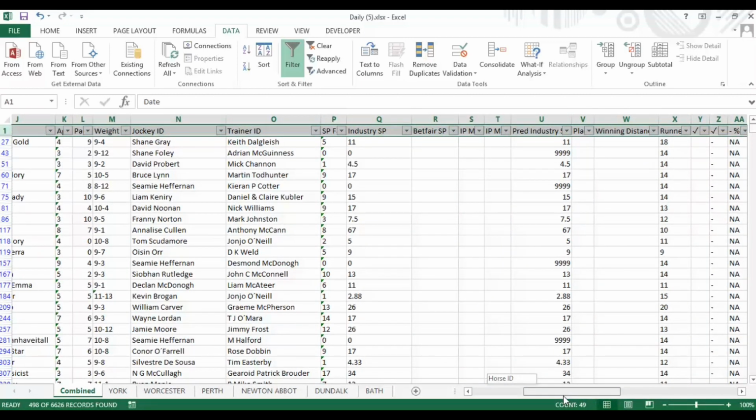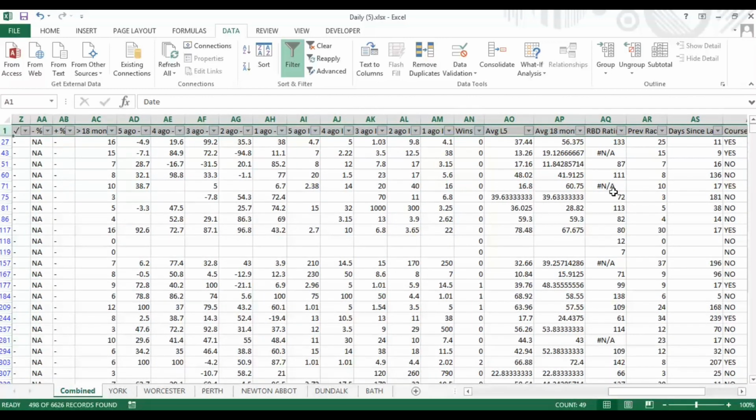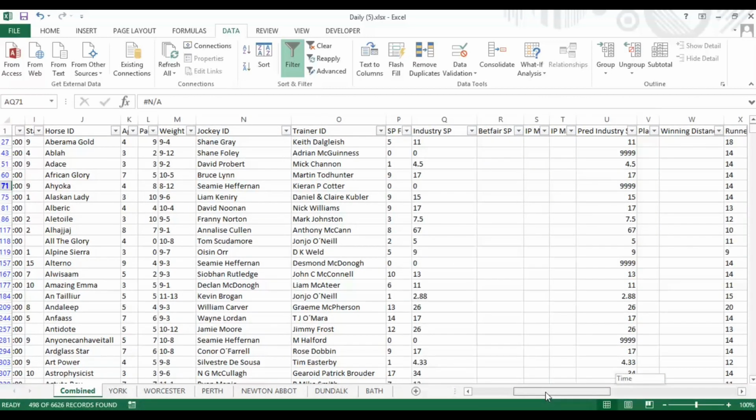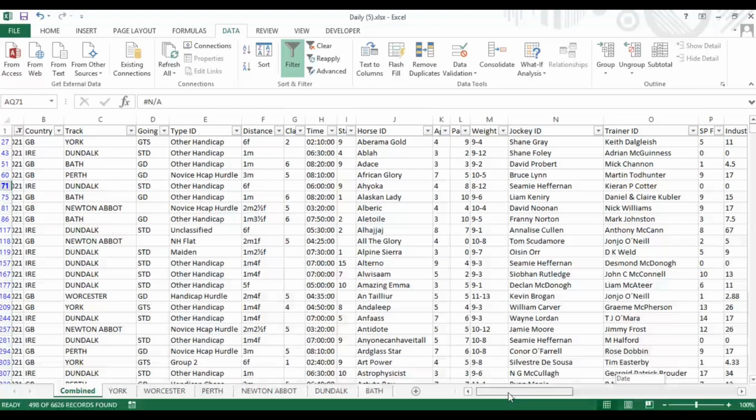Now, you may have noticed already that we do provide a racing bet data rating, as you can see in column AQ. Now, a couple of these are showing as NA. Now, the reason those are showing as NA are these horses are reserves, so they've not officially been declared to race,